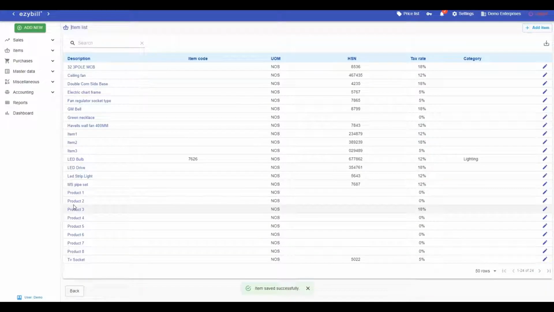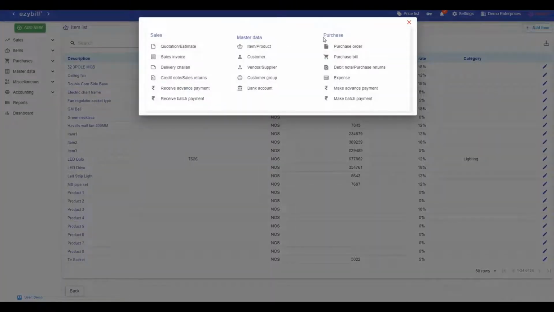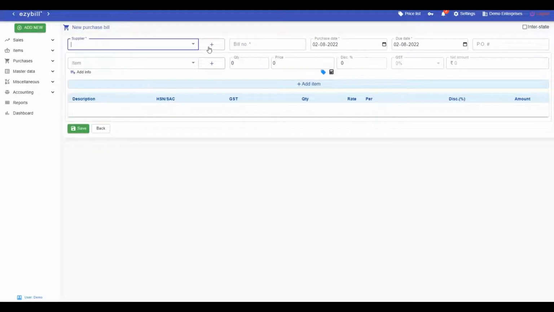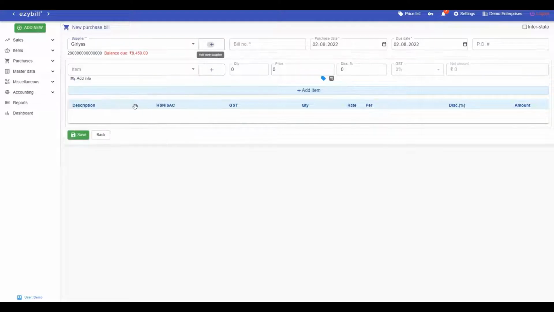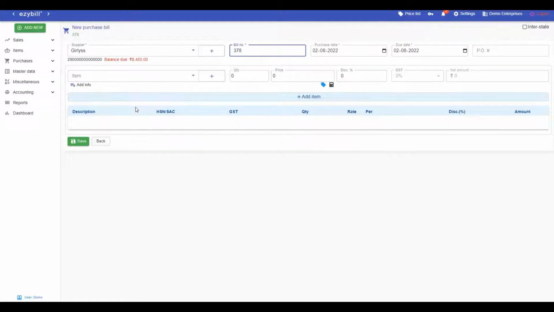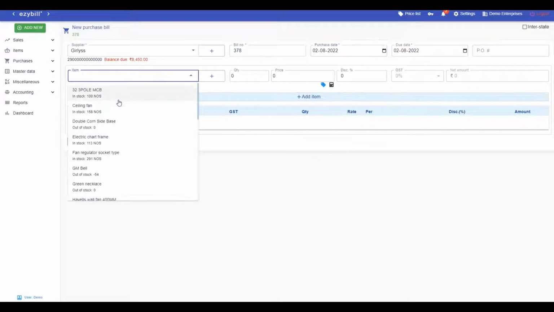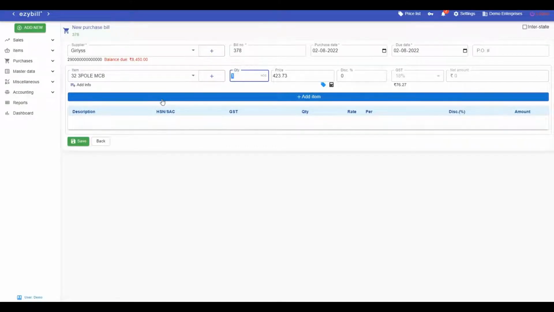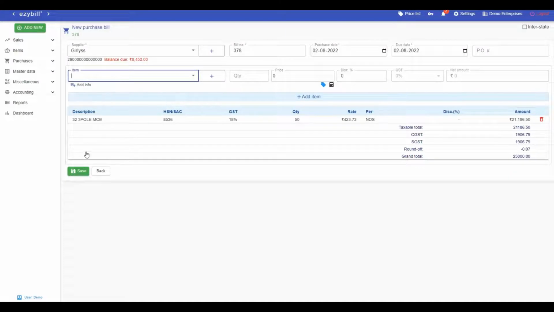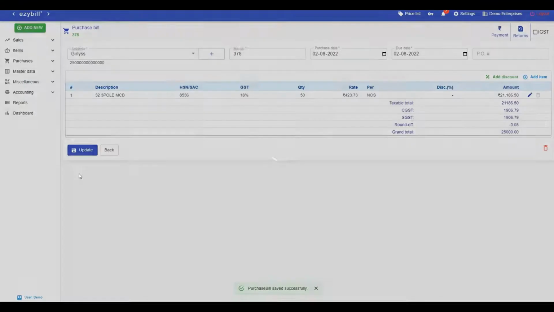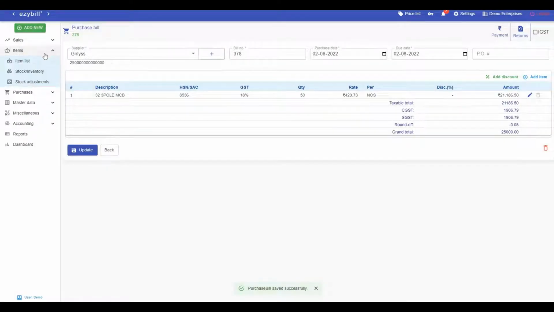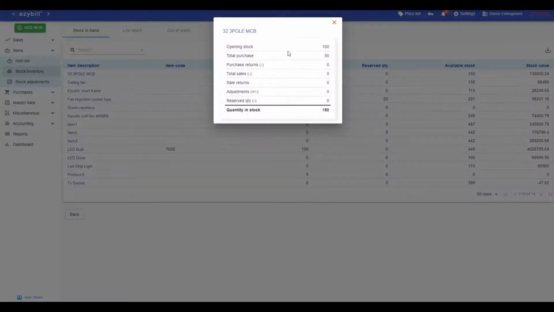Save the item. Next, let's create a purchase bill to see how the stock gets updated on adding purchase bill. Select a supplier. Enter bill number. Select the product which we just created. Enter quantity as 50. Click on Add Item. Then click on Save. Now when you go back to the inventory screen, you can see that stock has increased